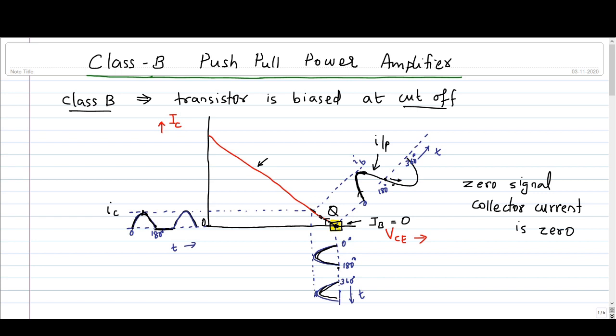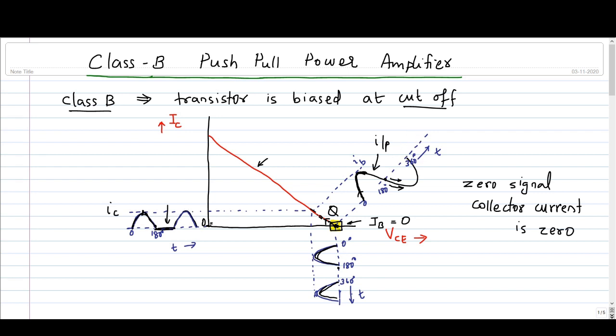When the input signal goes through the negative half cycle, you can see that the base emitter junction of the transistor will become reverse biased. So the collector current will become 0. So collector current cannot flow during this 180 degree to 360 degree portion. So during the negative half cycle of input signal, collector current will be 0. That is marked here. Then again during the positive half cycle of the input signal, again collector current will start